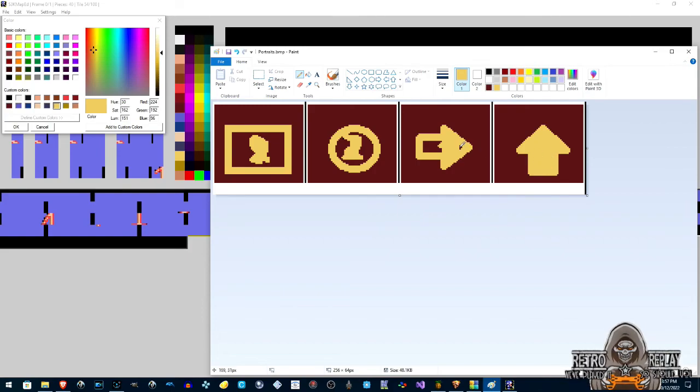Yeah, might as well just color it in, right? Okay. Got a single pixel there. Okay, we'll go ahead and